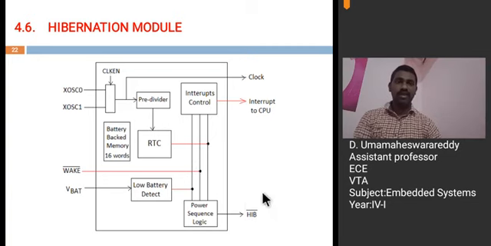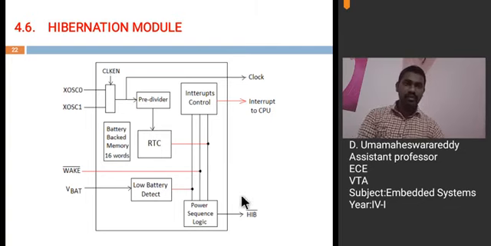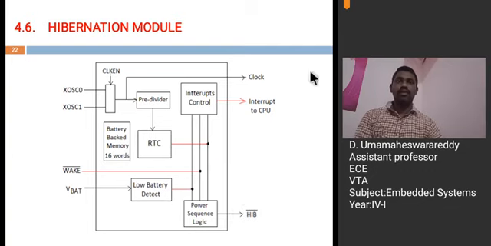Next, this hibernation pin. This hibernation pin is used to put your processor or peripherals into hibernation mode, that is, low power mode. That means disconnecting the power supplies coming to the peripherals and processor is done with the help of this hibernation pin. And see, the hibernation clock can also be given to other peripherals with the help of this clock signal pin given externally here.